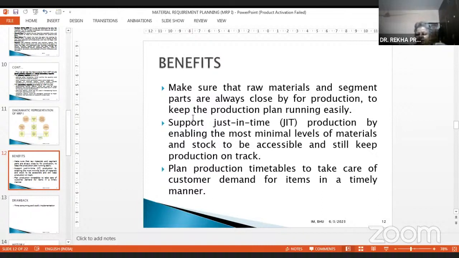So the minimum level of material should be there. Stock should not pile up. And the production timetable is very essential. It should reach the customer when the customer requires it.